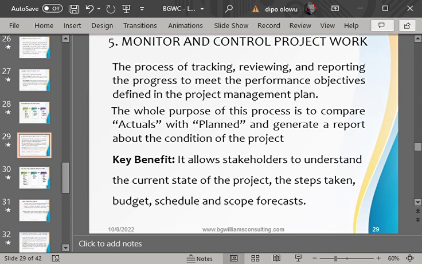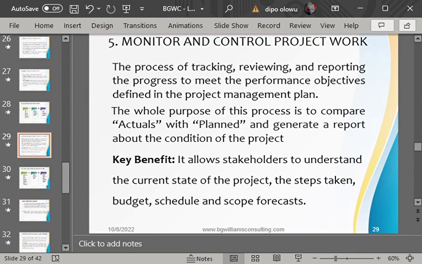So the next process we'll look at is monitor and control project work. Who does monitoring? The project manager. And when should monitoring and controlling of project work actually start?